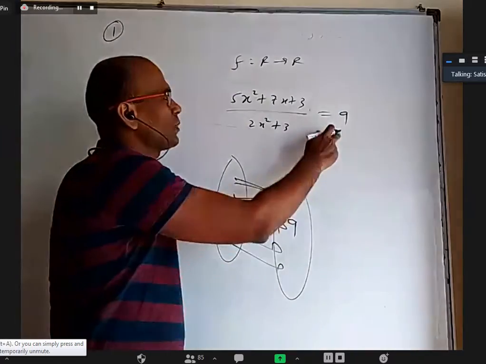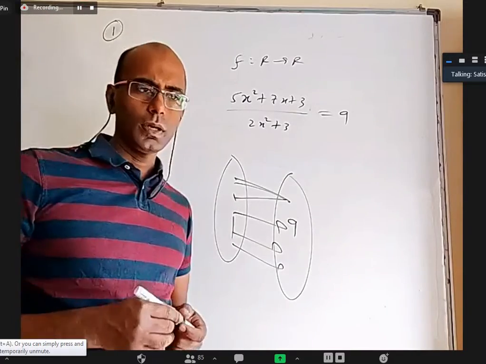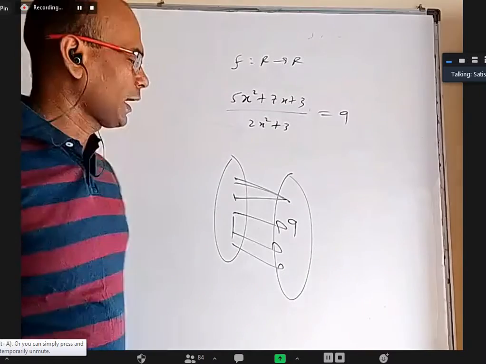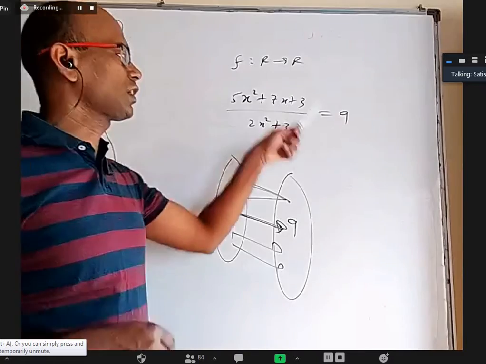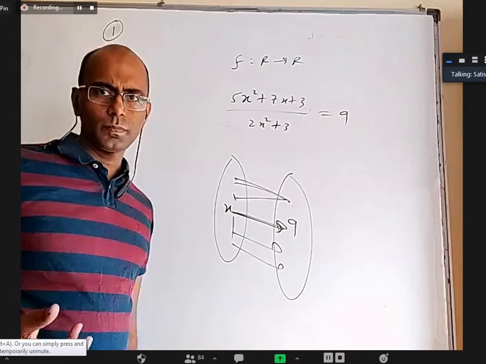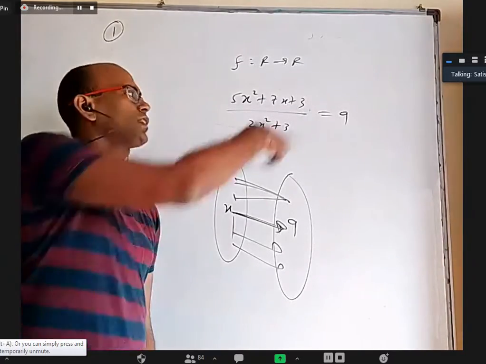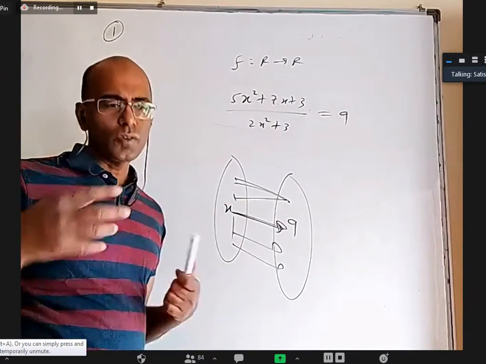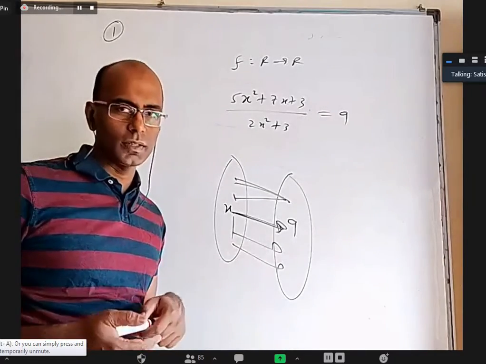Okay. So when I do cross multiplication, I'll get a quadratic equation. Sometimes I can find the roots. Sometimes I may get surds. But I'm not interested in what is the root. I just want to know, is there an x value which is connecting to 9? So after doing cross multiplication, I have to simply check delta. Am I right? Discriminant. If b square minus 4ac comes greater than or equal to 0 for this whole quadratic equation, 9 will have pre-images. If b square minus 4ac is less than 0, 9 will not have any pre-images, so 9 will not be there in the range.